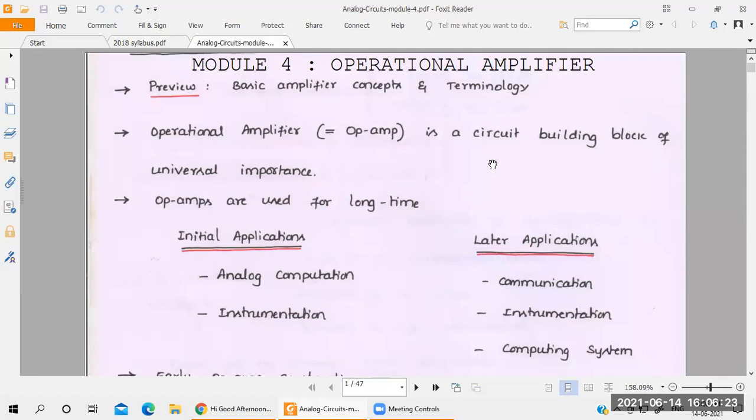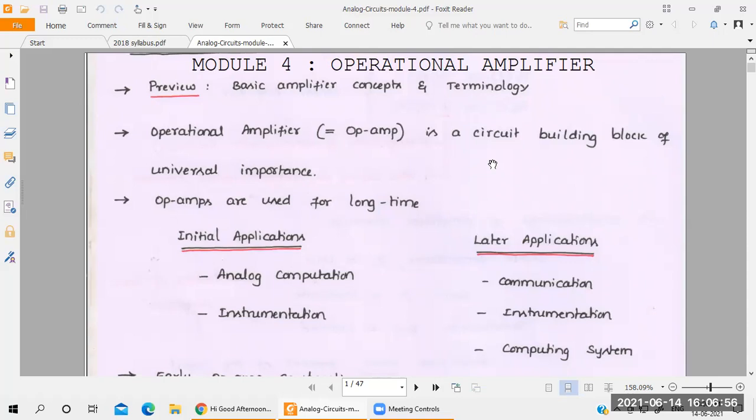Understood? So first, let's take the operational amplifier. What is the definition of the operational amplifier? Here you can design any kind of circuit by operating the amplifier. Understood? Within the op-amp you have to make some connections, because this operational amplifier comes as an 8-pin IC. Within the 8 pins we can make different connections.